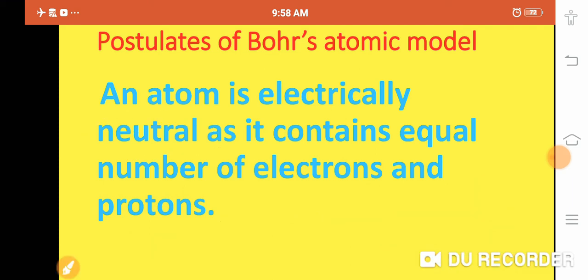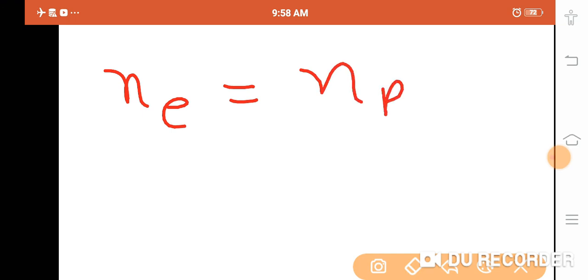Okay, now the same. What is the reason that an atom is neutral? Because the number of electrons is equal to the number of protons. Since electrons have the negative charge and protons have the positive charge, if both are equal, then what happens? The total charge on the atom will be equal to 0, meaning there is no positive or negative charge present on the atom. That is why it is an electrically neutral species.